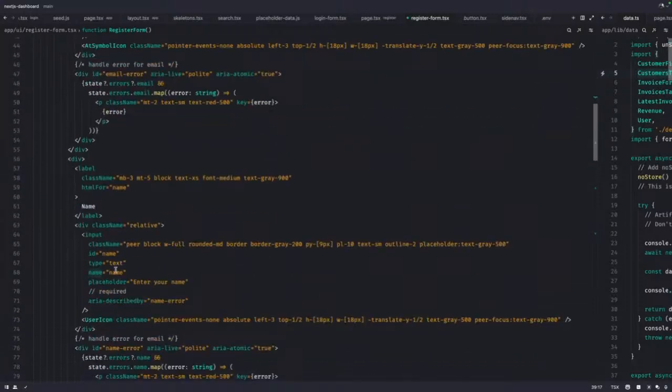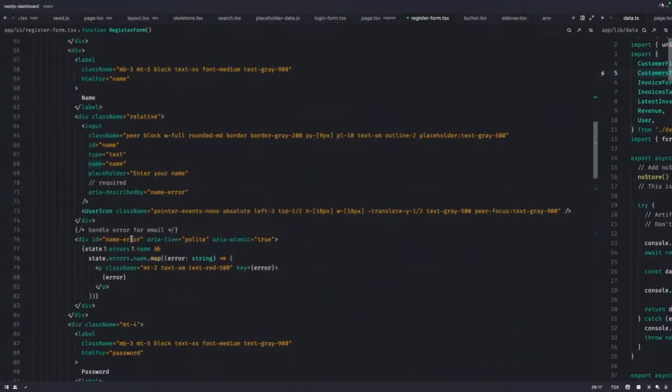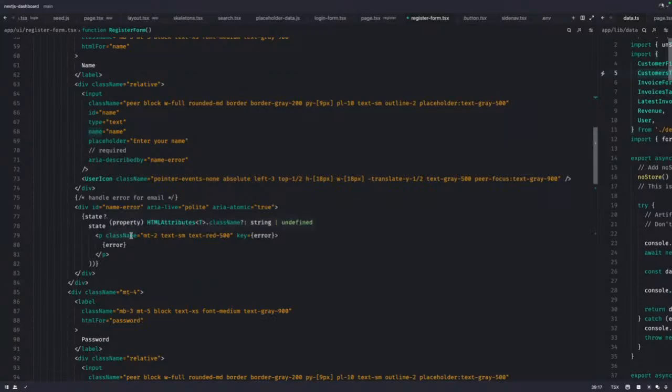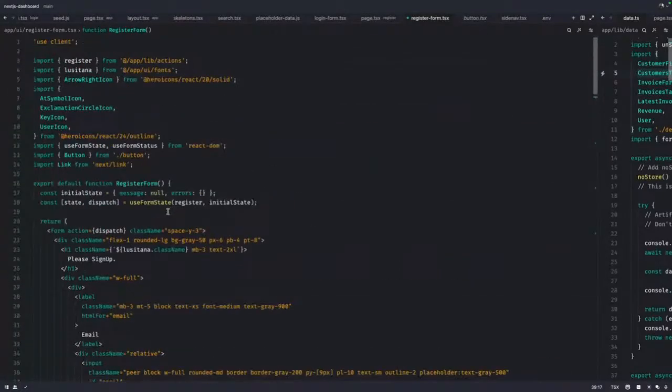It sends everything out, all the form data inside of this input, and all those things are going to be saved inside of this state variable.